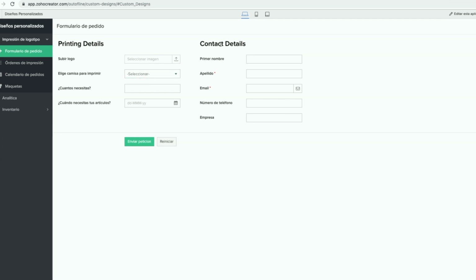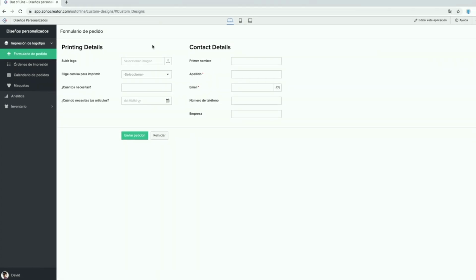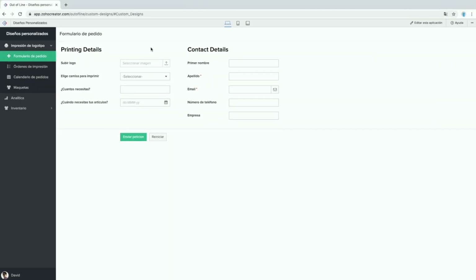These sections at the top are actually not form fields within Zoho Creator. These are note fields that were added in the development of this application. So if you have any note fields, you see that those will not be translated. And if you plan to localize to a different language, you do want to keep in mind that some fields, such as a note field, will not be translated. So make some plans for that.